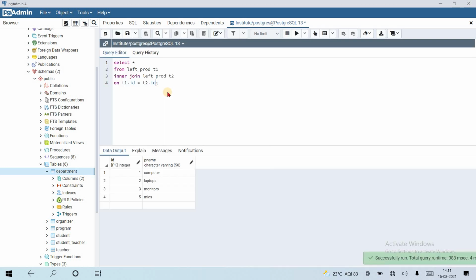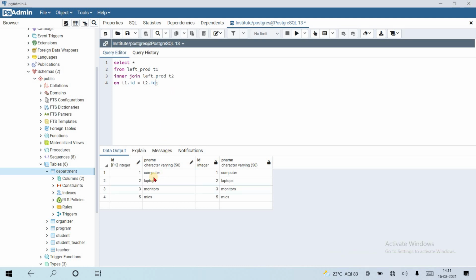That's it. So you can see that all the rows and columns are coming from the same table, but 2 times, first for the T1 alias and second for the T2 alias. So we can compare the rows using the same table. We compared values of the id and id columns using the on clause. It's more like a one-to-one relationship, no?